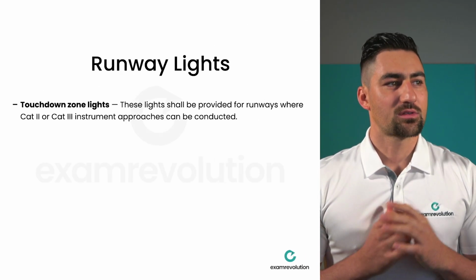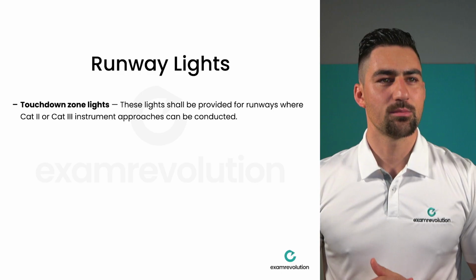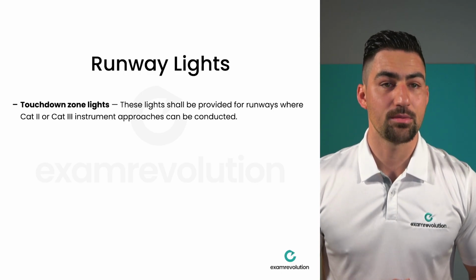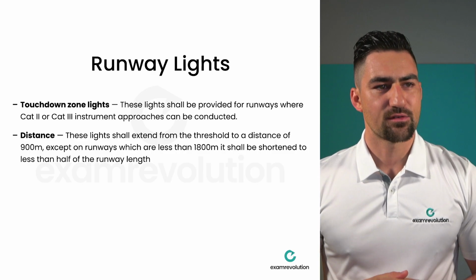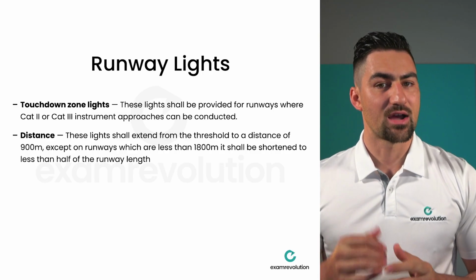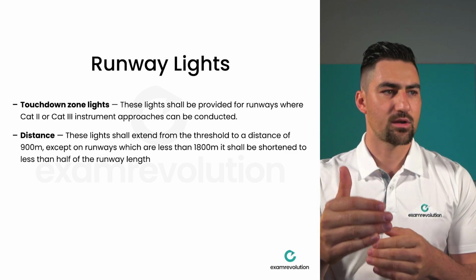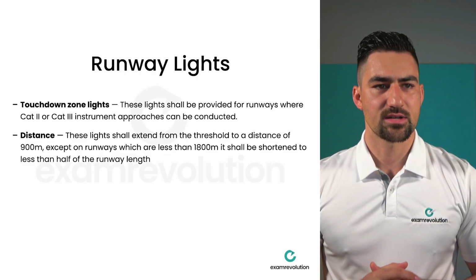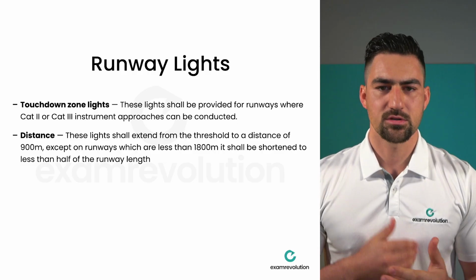So let's move on to touchdown zone lights. This is obviously the area where you touch down on the runway. These lights shall be provided for runways where category 2 or 3 instrument approaches can be conducted. These lights shall extend from the threshold to a distance of 900 meters. So from the landing threshold, up until 900 meters from that threshold, except on runways which are less than 1,800 meters, where it shall be shortened to less than half of the runway length. Because you don't want to give